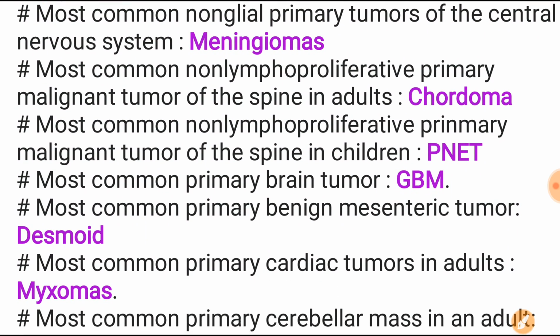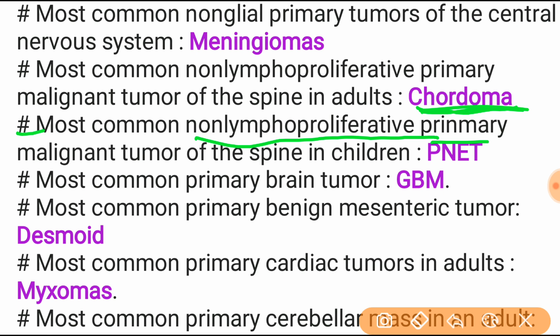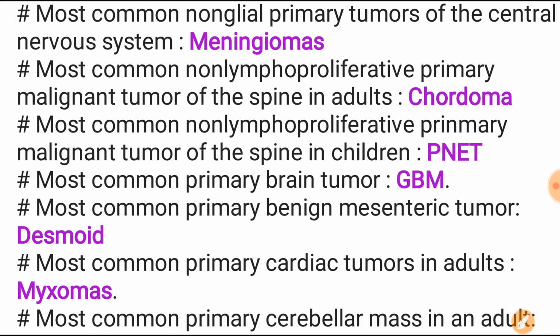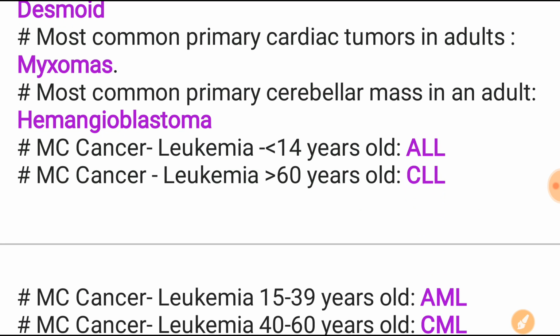The most common non-lymphoproliferative primary malignant tumor of the spine in the adult is chordoma. The most common non-lymphoproliferative primary malignant tumor of the spine in the child is the PNET. The most common primary brain tumor will be GBM. The most common primary benign mesentery tumor is the desmoid tumor, and the most common primary cardiac tumor in the adult is the